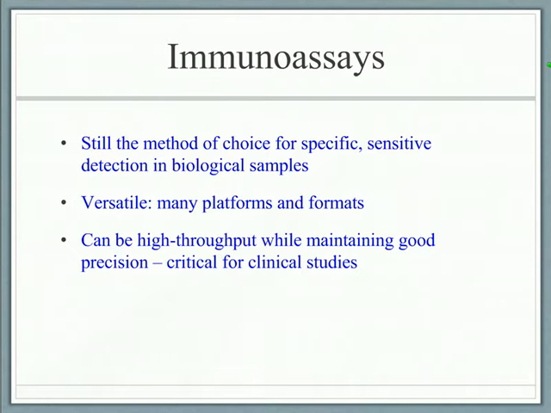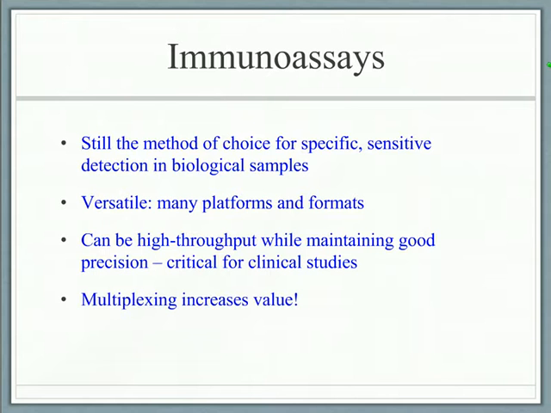Also, the value of antibody-based assays is that they are particularly well suited for clinical studies where there's a requirement for being able to run many samples while maintaining good precision so that we can build up statistics over large patient cohorts while getting good measurements on each patient. Some high throughput assays are not very precise, and other assays can give good multiplexing but not good precision or can't give good throughput. So antibody-based platforms have those combined capabilities.